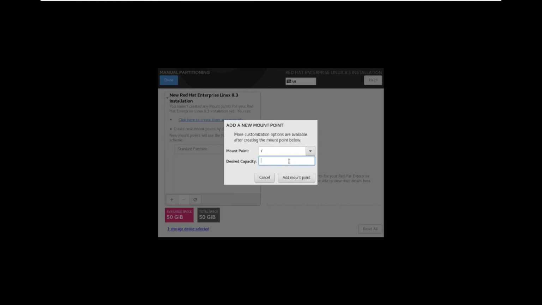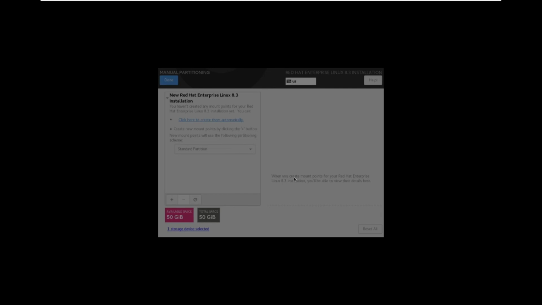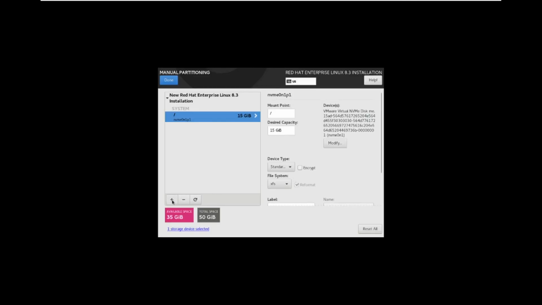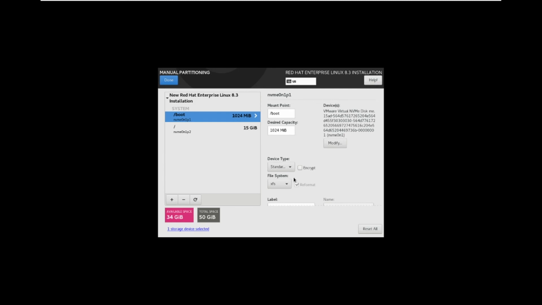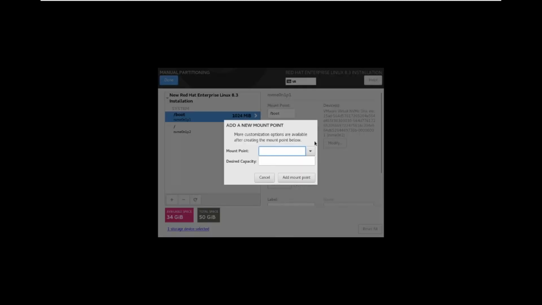First one is slash. So slash I want to dedicate 15 GB, and the mount point. Then I want to add one more with plus: boot 1 GB. Now we need swap 4 GB, because my VM size is already 2 GB RAM.